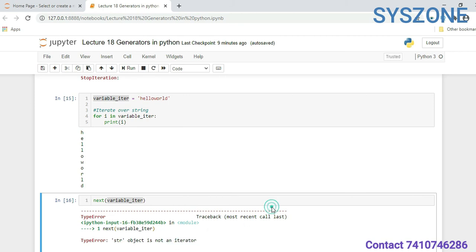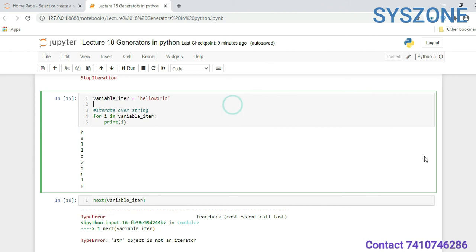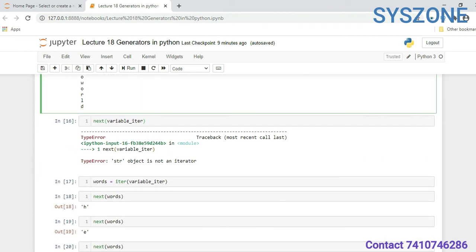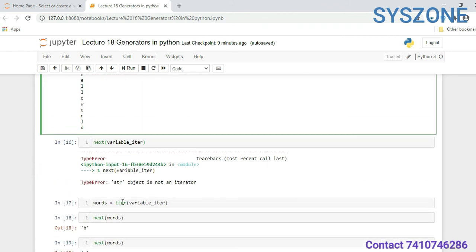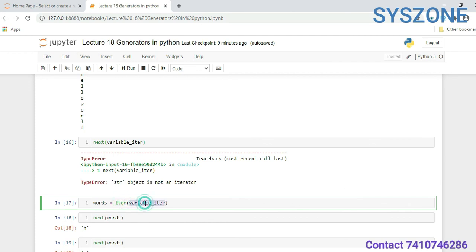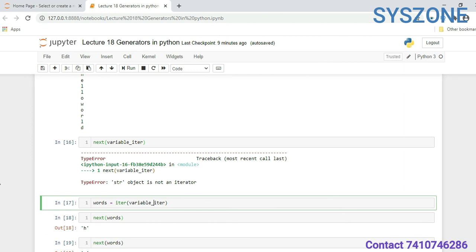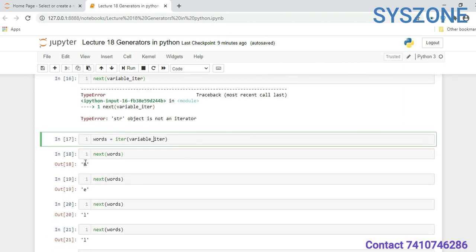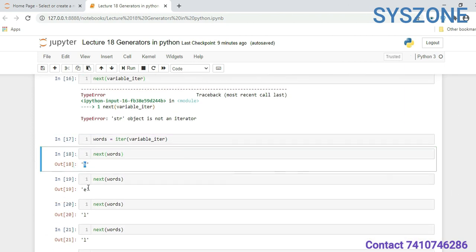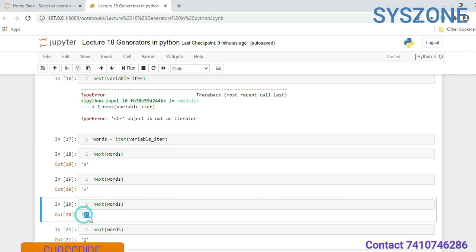So for using the next function, we have to use the iter function and assign the value to it, then we can iterate, like iter, and here I am using the variable name. It will iterate one by one value and it will get stored in words. Now I'm using the next function, so again it will pick values one by one. First time it will allocate memory to h, then e, then l, then again l, like that.